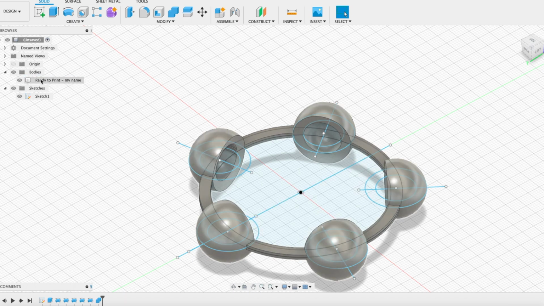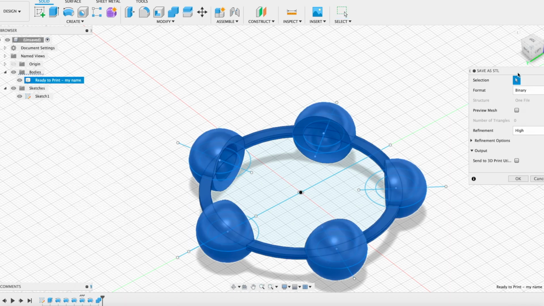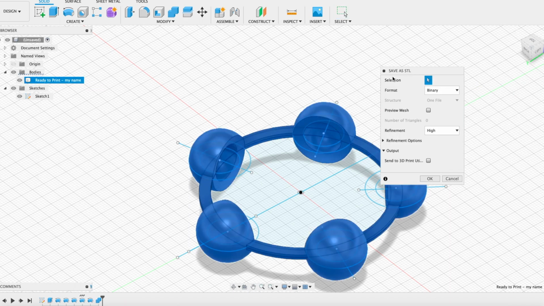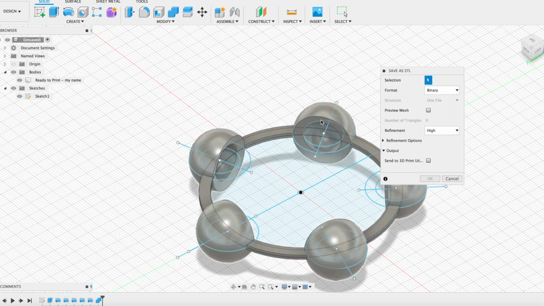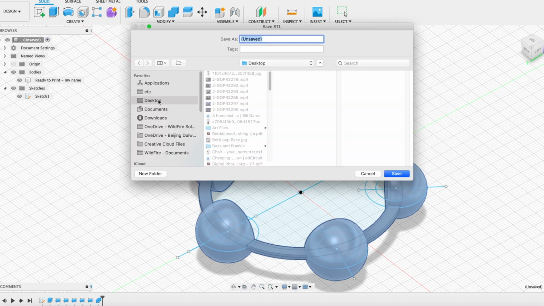So I can actually go ahead and right click on here and say save as STL. It's going to ask me which body I want to choose. It's already blue. There's only one body to choose, so click on that, turn it blue, and then you can choose any of these details. For our printers, you're not going to need to send to the 3D printer utilities, you just uncheck that and say OK. And then you're going to export this STL file with your